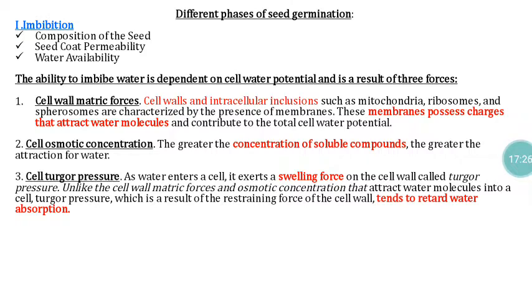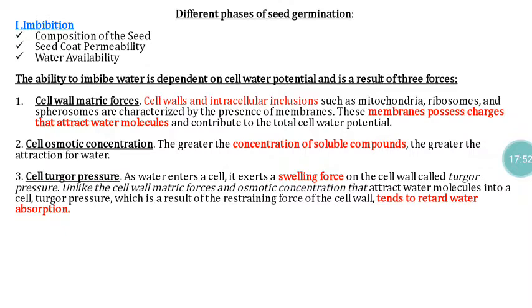Here we understood that the seed also attains maximum water absorption capacity. Even beyond that, if you soak the seeds in water, what will happen? The elasticity will be lost, the membrane integrity and structure will collapse, the seed coat will be ruptured, so everything will collapse and the seed will die.